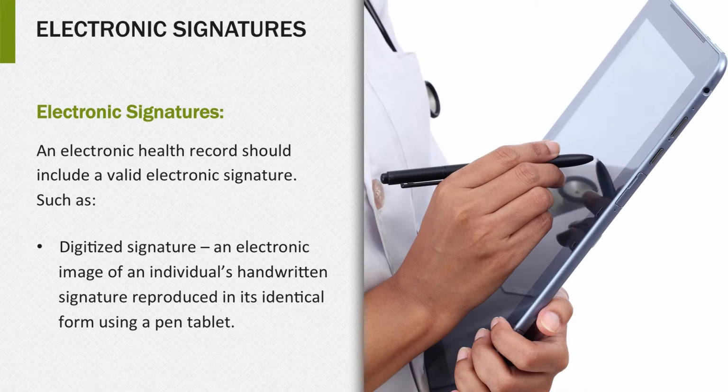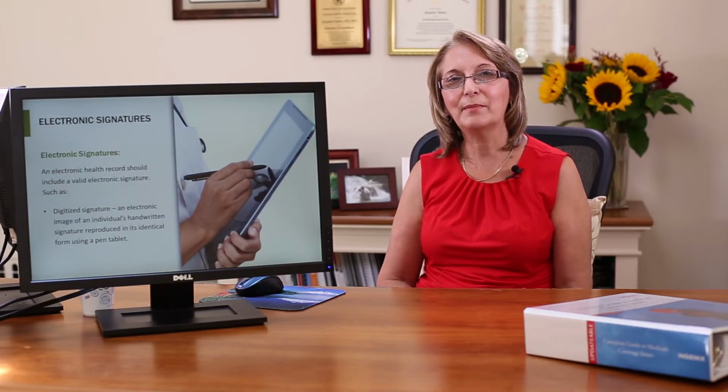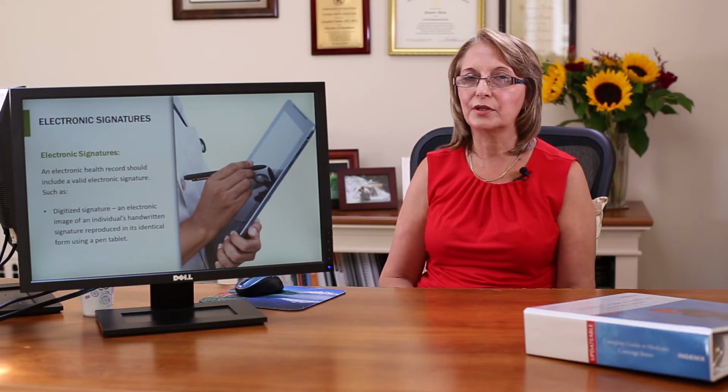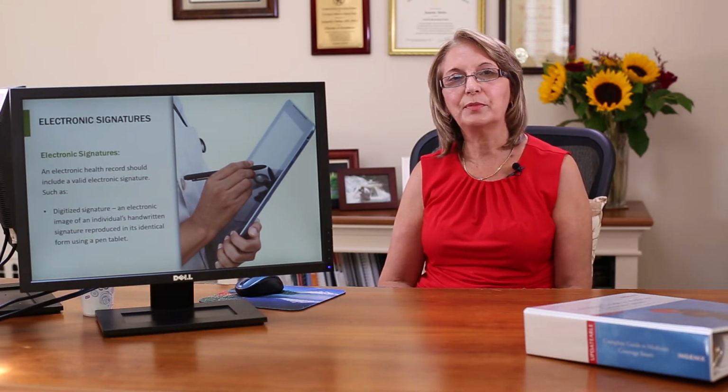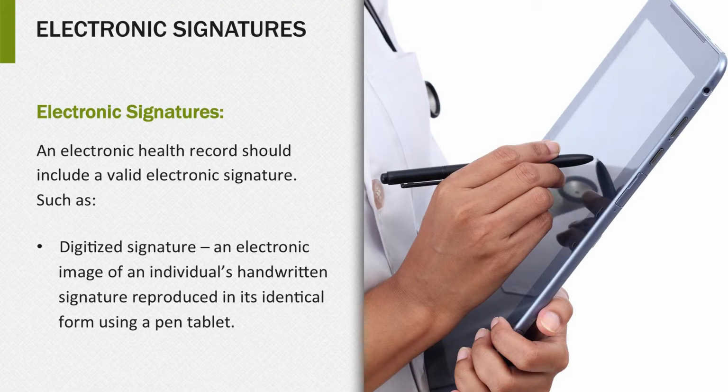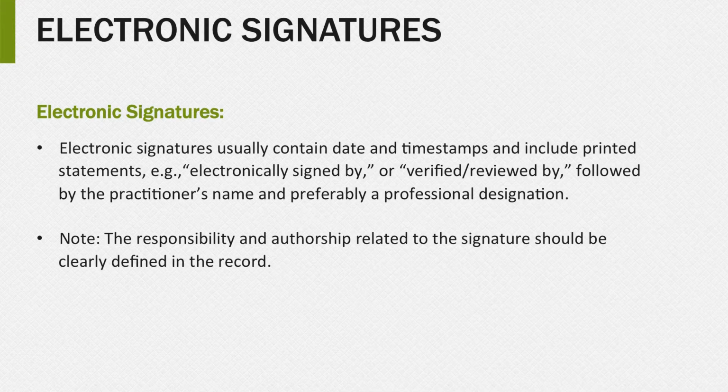With the implementation of EMR comes electronic signatures. And with electronic signatures, of course, CMS has their comments. And they give us guidance as to what constitutes a valid electronic signature. So you can take this information and check with your software vendor to be sure that you meet those particular requirements. You also want to check with your MAC, your Medicare Administrative Contractor. Although CMS has issued guidance on a national level, some of the MACs have also published their own guidelines at the local level. These next 2 slides are the guidance provided from CMS as to what they consider to be